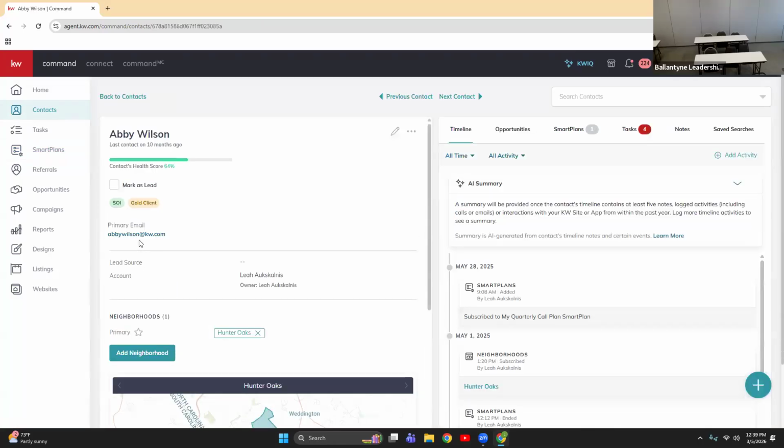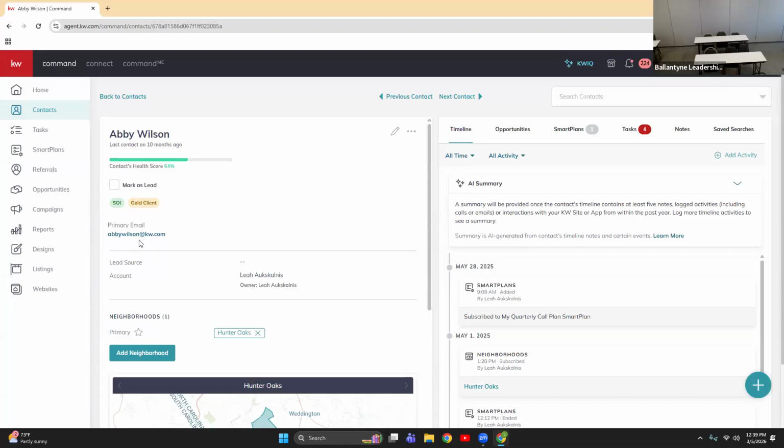But the 5 pieces of information that you need to collect for each contact in order to have Command fully automate that outreach system, and I'll give you tips as we go on how to get these items. Those 5 things that you would need to collect, outside of their name, would be: 1, their physical address, 2, their email address, 3,